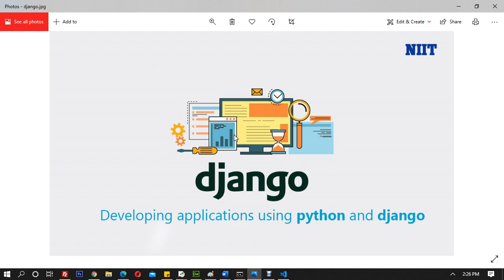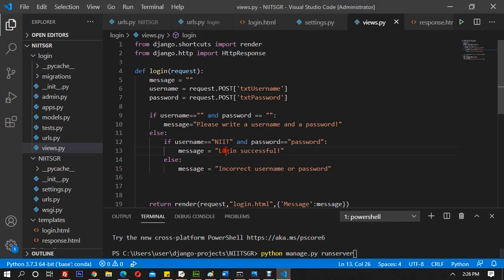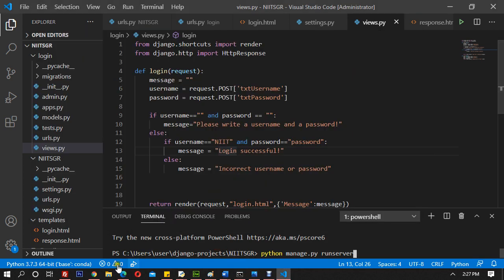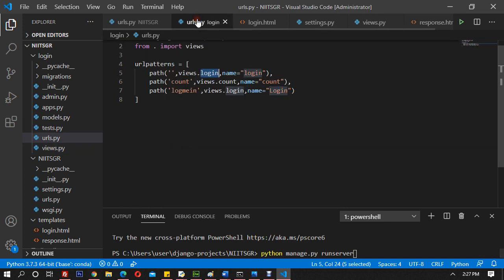Okay, so let's get quickly started and have a look at what we have learned so far. So far we have been able to understand get request, post request. We have been able to understand the tokens very well, how CSRF is stopped, right? What is cross-site request forgery, and many different things, right? So what is happening now if I run the program? I hope I have started the server. Yeah, the server is started. And now if I run the program, the first file that's executed, as you know, is